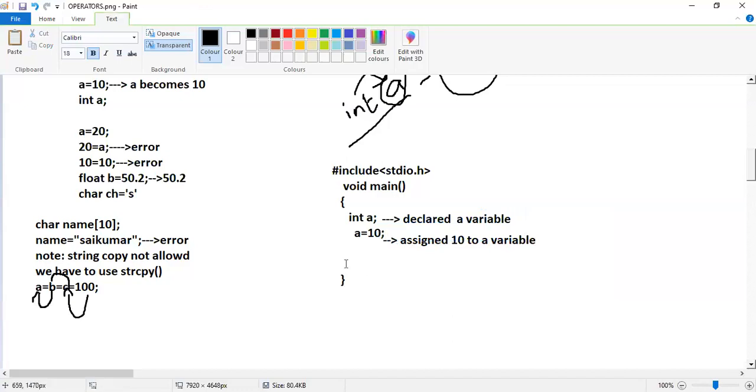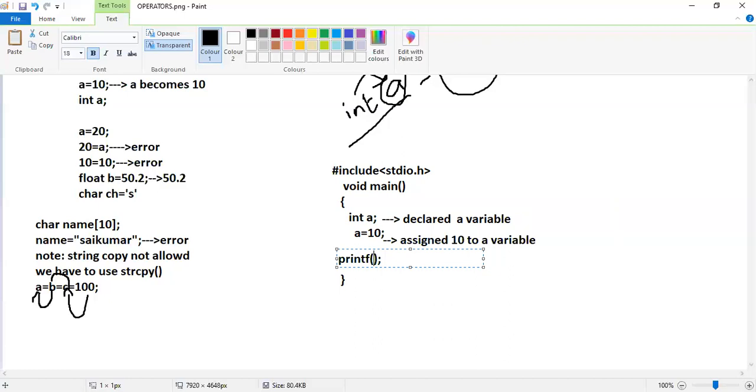Now we want to print the a value, so we need to use the printf function. In the printf function, whatever you want to print you give within the brackets, and we need to enter a semicolon after the closing bracket.